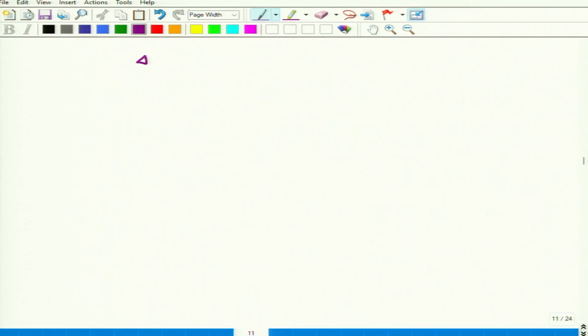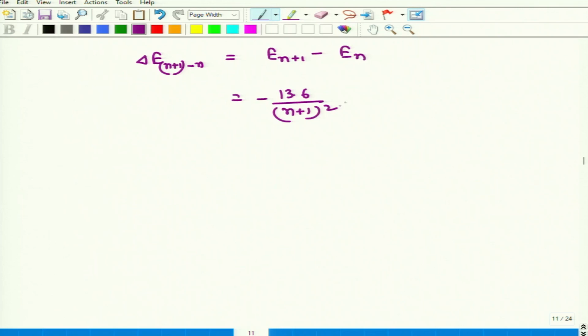So, the difference between the n plus 1 and n levels, in general, is minus 13.6 divided by this, and this should be plus 13.6 by n square. If we take minus 13.6 common, always in electron volt, then it is